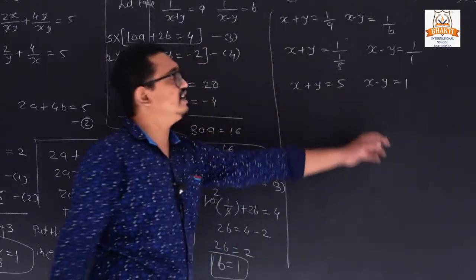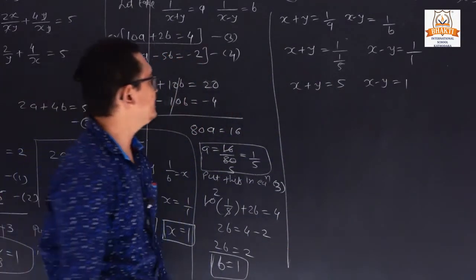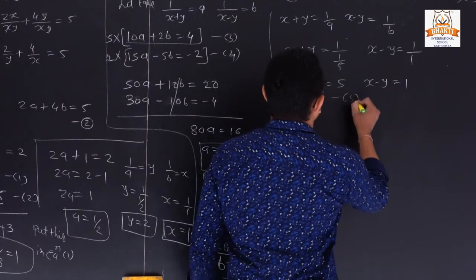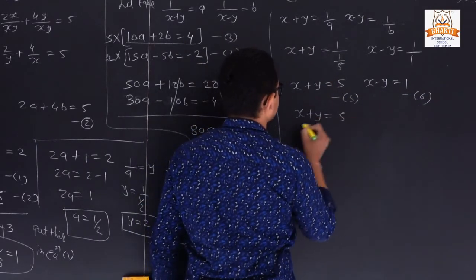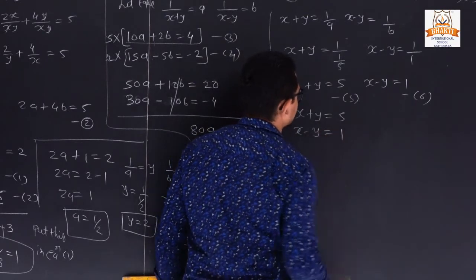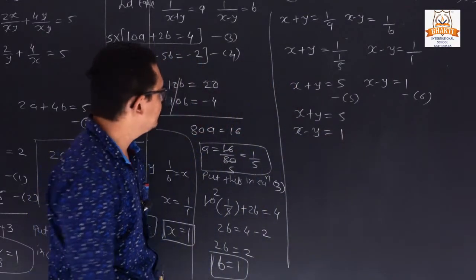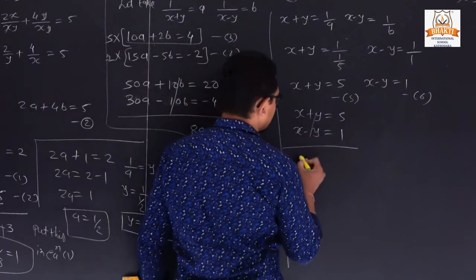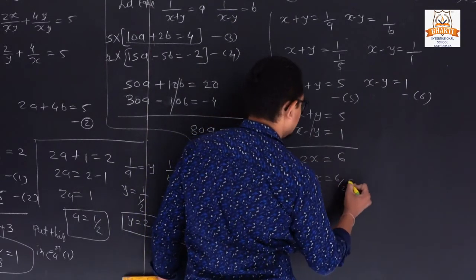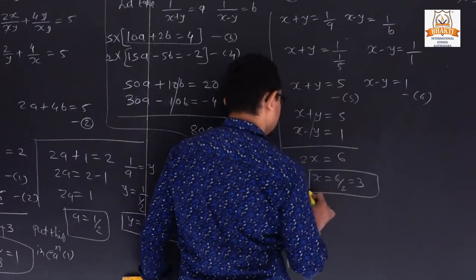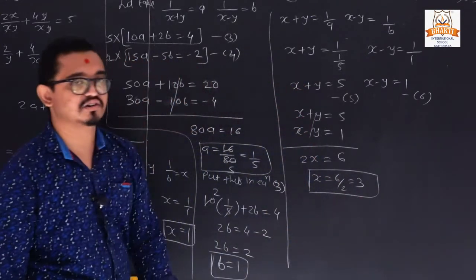So once again we have two equations. So we can declare it is 5 and it is 6. Now simplify these both equations. Clear? Simplify. So these both are cut. So 2x is equal to 5 plus 1, 6. So x is equal to 6 by 2. So it is 3. Clear? x is equal to 3.